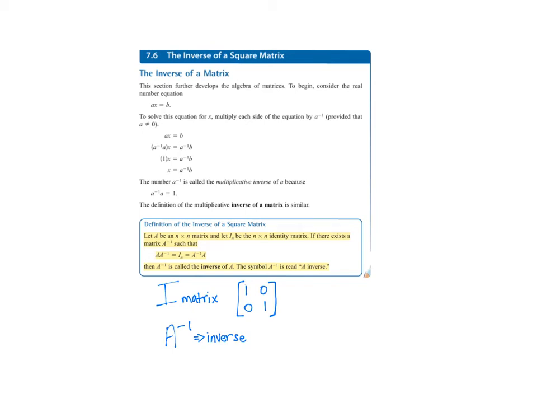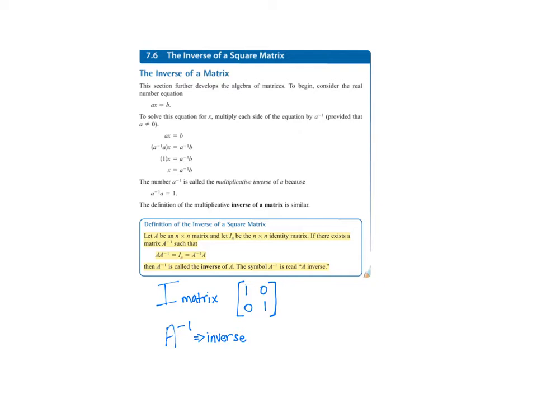Guys, we're talking about today inverse of a square matrix. First of all, what does the word inverse mean? Opposite. Okay. What's a square? A square, I mean something with four sides. Okay, four sides. All four sides are equal. So if you have a square matrix, it's going to be a 2 by 2, a 3 by 3, a